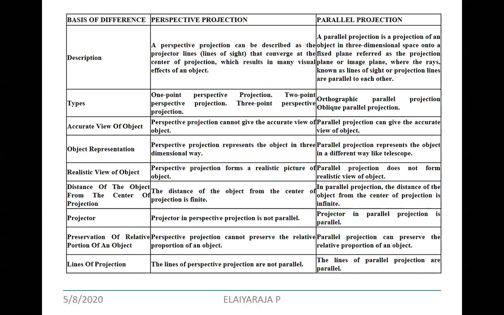In perspective projection, it cannot preserve the relative proportion of an object, whereas parallel projection can. And the lines of projection in perspective are not parallel, whereas in parallel projection they are parallel. This is about the basic differences between perspective and parallel projections.